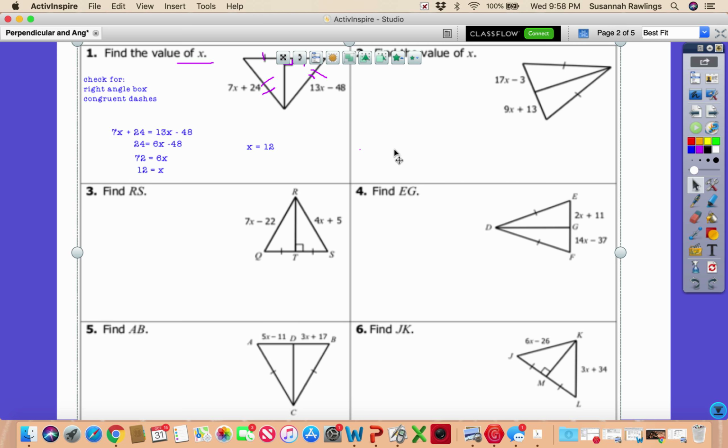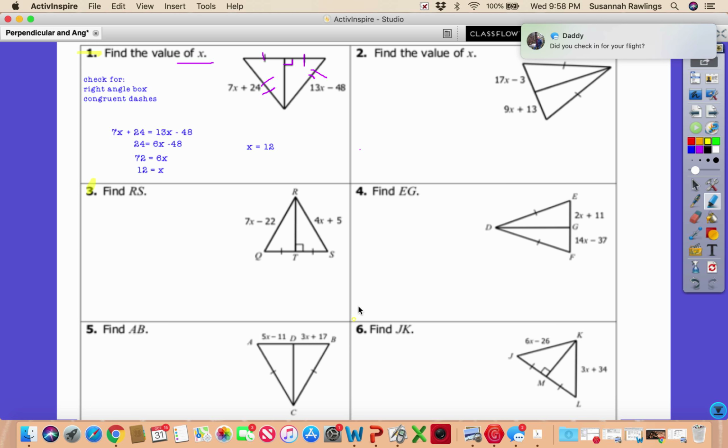So once we do that, we can see that there are some similar to that. So number 1 is the same as number 3, and number 6